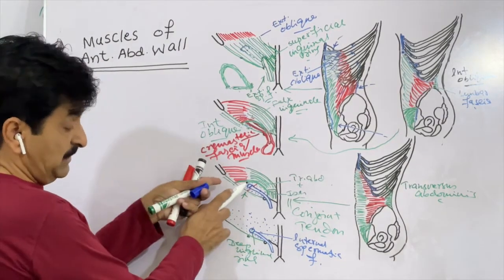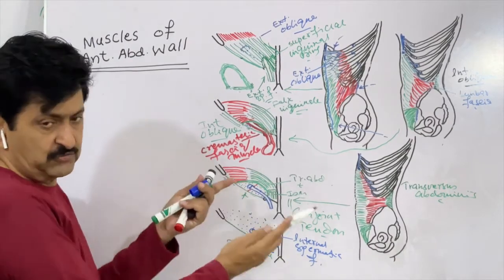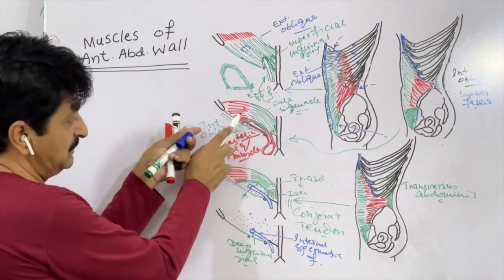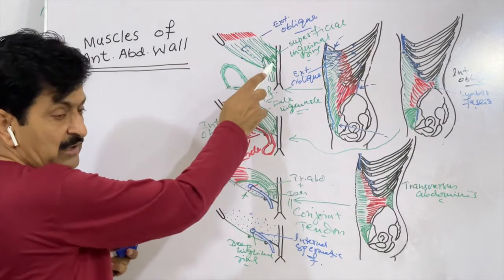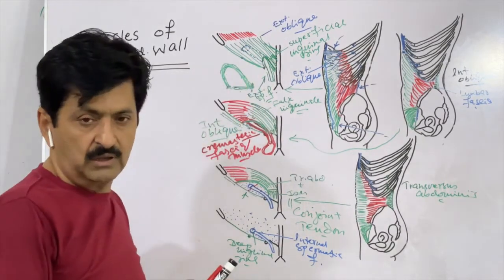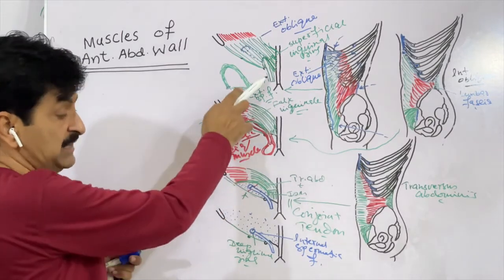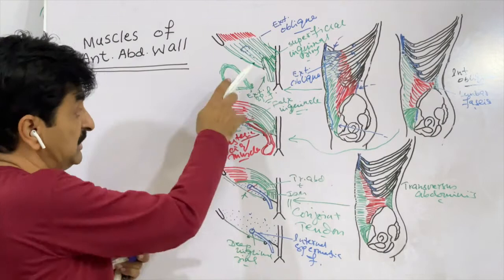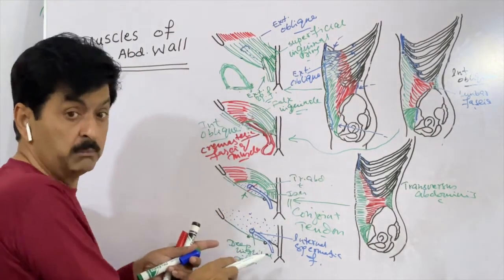Next is the muscle, the transverse abdominis muscle, but its lower border is so high that it will not give any coating. Yes, it will give the coating: the internal oblique, the cremasteric fascia and muscle, and the last coating will be given by the external oblique muscle. This is called the external spermatic fascia. These coatings are given by these three structures, the external oblique, internal oblique, and fascia transversalis, to the spermatic cord,